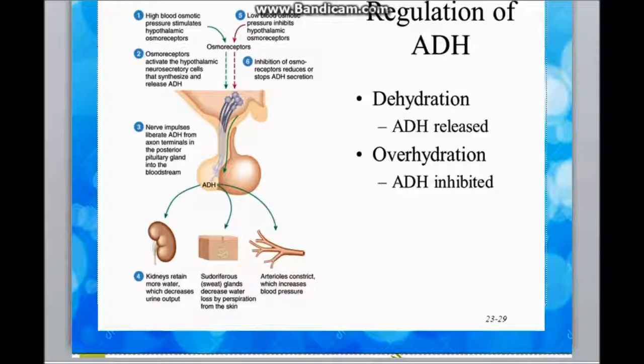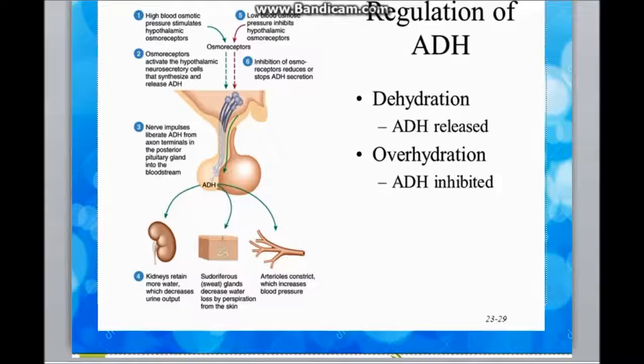Regulation of ADH. When dehydration occurs, ADH will be released. High blood osmotic pressure will stimulate the hypothalamic osmoreceptors. The osmoreceptors will activate the hypothalamic neurosecretory cells that synthesize and release ADH. The nerve impulses will liberate ADH from axon terminals in the posterior pituitary gland into the bloodstream. The ADH will affect the kidney, which will retain more water, which decreases the urine output. The sweat gland will decrease water loss by perspiration from the skin, and the arterioles will constrict, which increases the